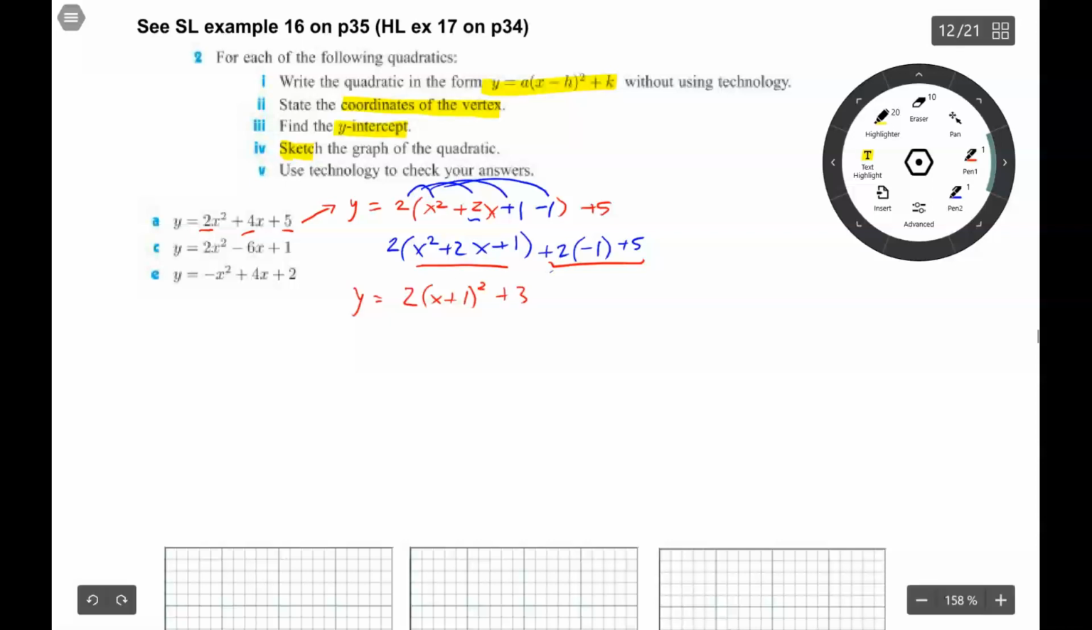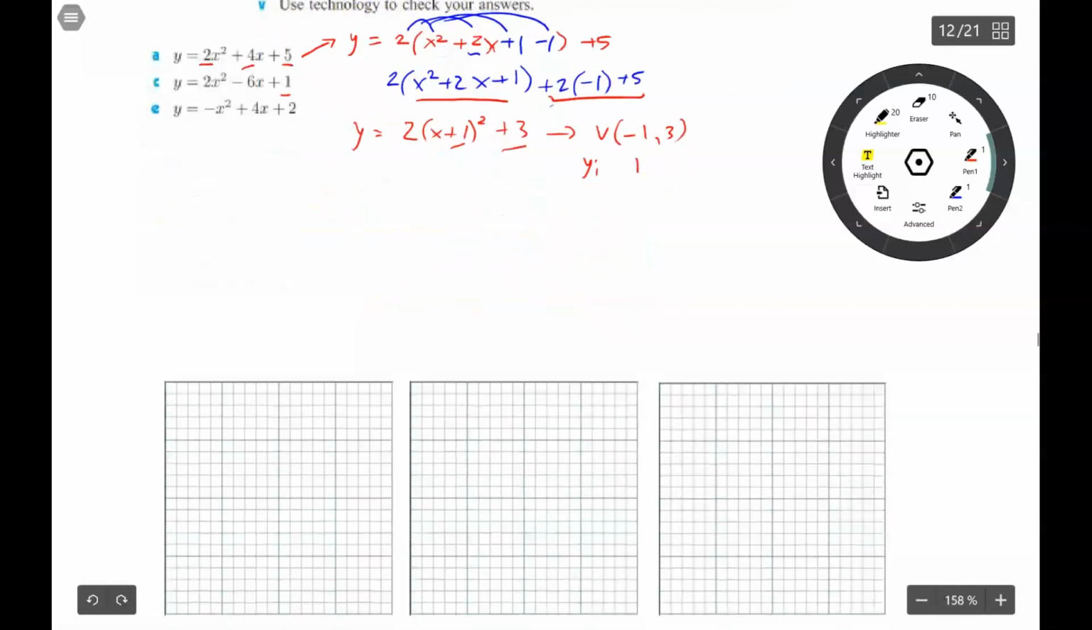And the vertex, apparently, from looking at this, is negative 1, comma 3, right? Because this is x minus negative 1, and this is plus 3. So I have the vertex value. The y-intercept value, of course, is the c value right there. So the y-intercept is c. It's 1, I mean. And last of all, sketch the graph of the quadratic and use technology to check your answers. So if I was to draw this here,